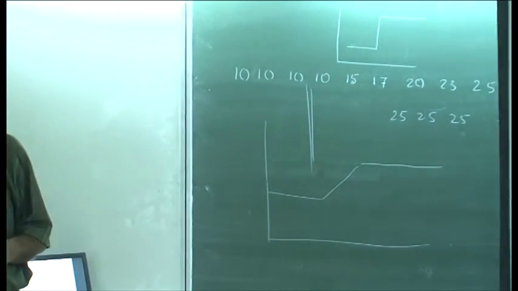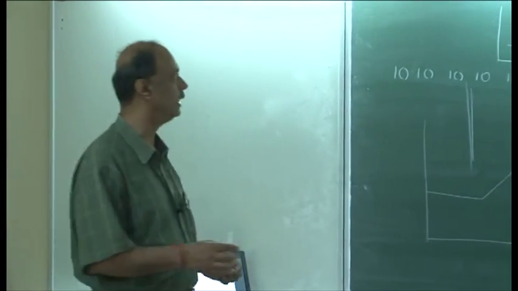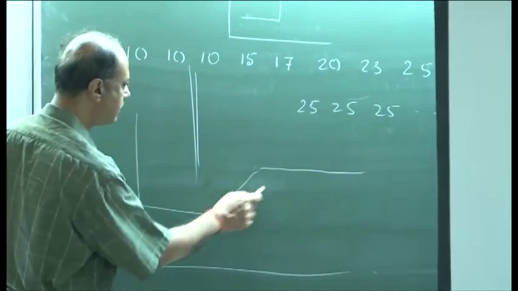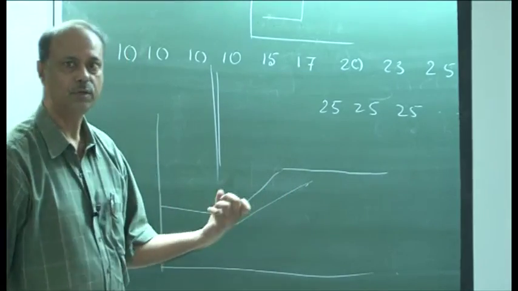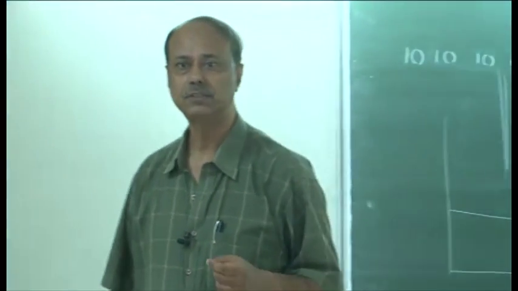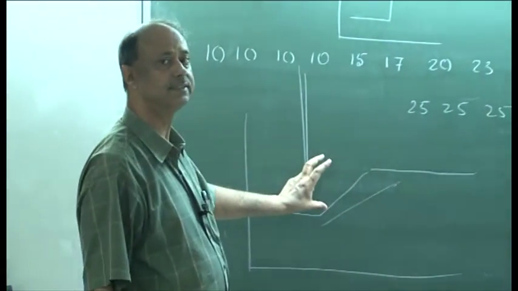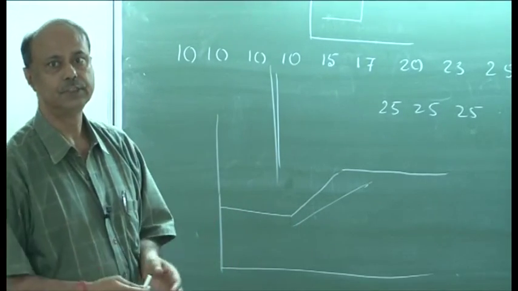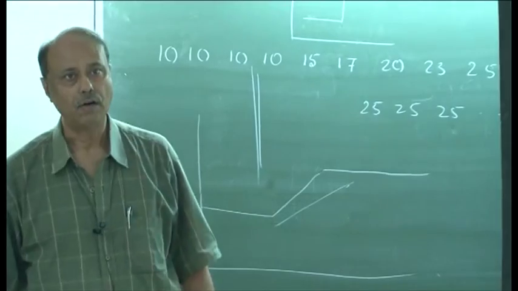Now, this length will increase as the angle is small, that is, the slope is very less. If the slope is very less, then this length will be more, am I right? Length will be more. So, length will be dependent on the slope, and this length will be less when the thickness is less. So, edge thickness is dependent on the slope of the ramp, and that means edge thickness is dependent on the length of the ramp,